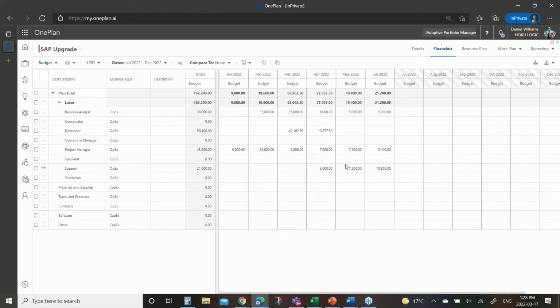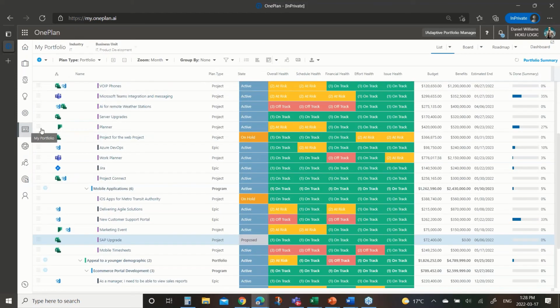So I've captured that data, and now I want to look at this from a prioritization perspective. So I'm going to jump back to the portfolio. But before I do that, I want to highlight one thing. I picked on this particular project, and it is notionally linked to Project Professional. But I could have done this for a project here that's linked to, in this case, Planner and DevOps, or a different one here that's simply in DevOps, but it's an Epic.